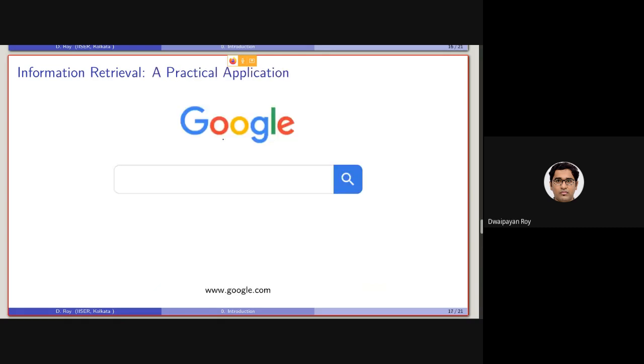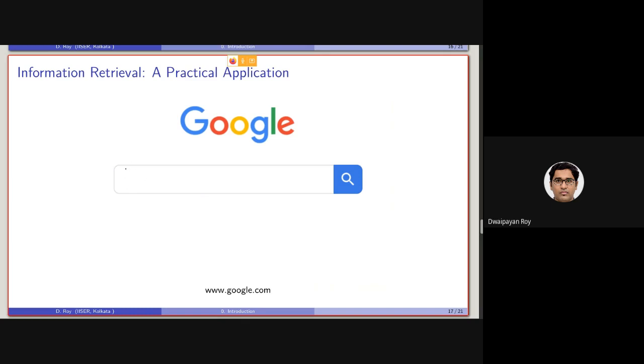The most practical application, as I'm sure you must have realized by now, is the Google search. In Google search, basically we are given a text box.